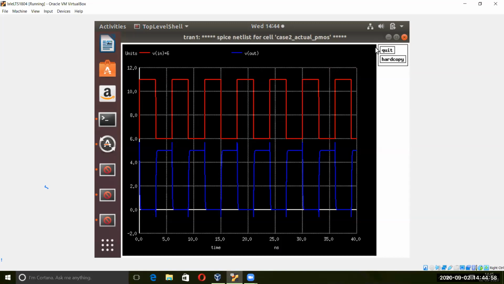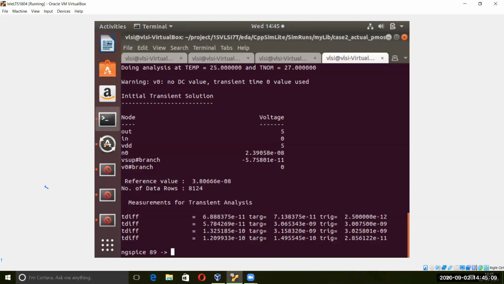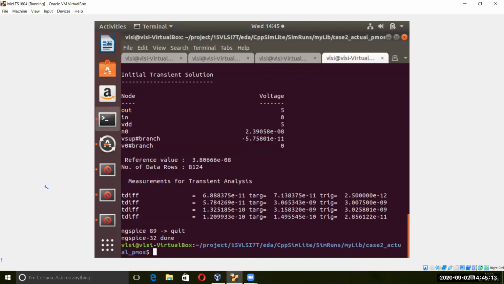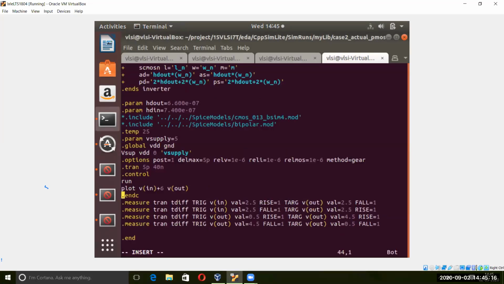And that one is 15, because it will give you a more convenient graph. So change from 40 to 15.